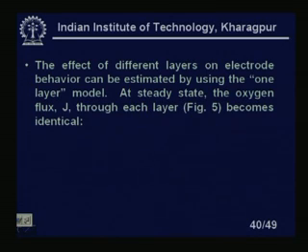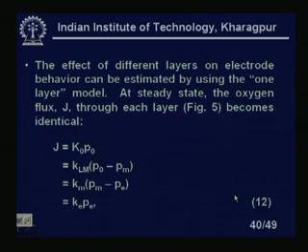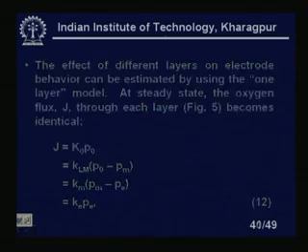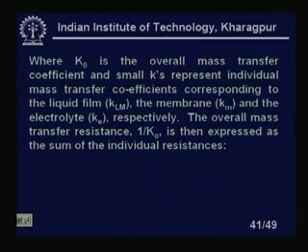At steady state, the oxygen flux J through each layer, as in figure 5, becomes identical. J equals K0 into P0, KLM into P0 minus PM, Km multiplied by PM minus PE, which we can write as Ke into Pe, which is equation number 12, where K0 is the overall mass transfer coefficient and small k's represent individual mass transfer coefficients corresponding to the liquid film KLM, the membrane Km and